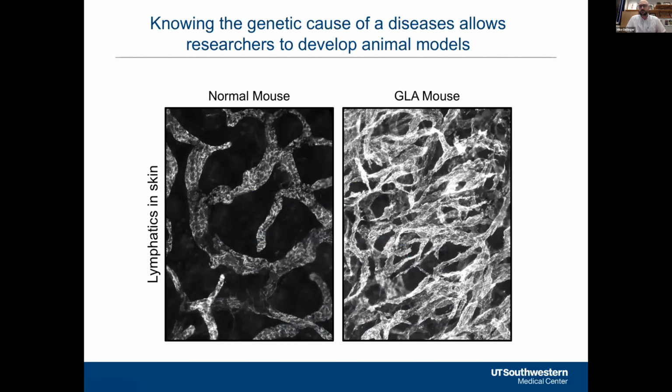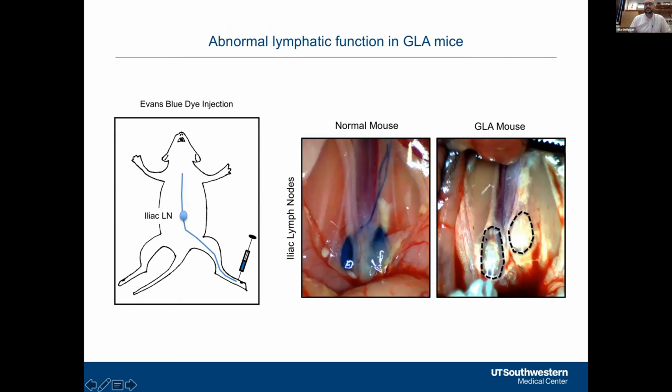We've also developed animal models of generalized lymphatic anomaly. What I'm showing here are lymphatics in the skin. You can see lymphatics in the normal mouse forming these nice blind-ended vessels. In our mouse model of generalized lymphatic anomaly, you can see this very hyperplastic or hyperbranched network of irregular appearing lymphatics. These mice also develop lymphatic vessels in bones similar to patients with GLA, and they also exhibit